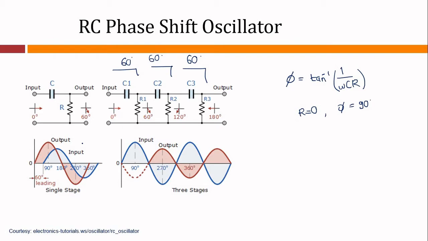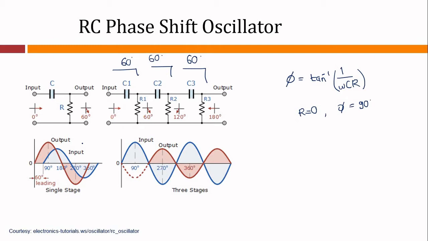Fine. However, in reality it is difficult to obtain exactly 90 degrees of phase shift for each RC stage. So we must therefore use more RC stages cascaded, meaning connected together, to obtain the required value at the oscillation frequency. The amount of actual phase shift in the circuit depends upon the values of resistor and capacitor. And finally the frequency of oscillations of this entire circuit is decided by the components used in the ladder network. Fine. So the amount of actual phase shift in the circuit depends only on the values of resistor R and capacitor C, at the chosen frequency of oscillation with the phase angle of phi.